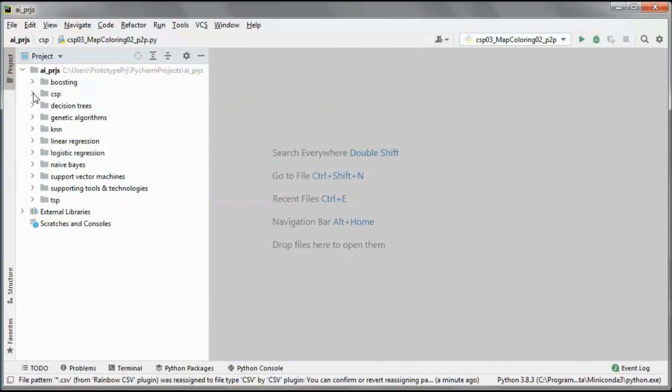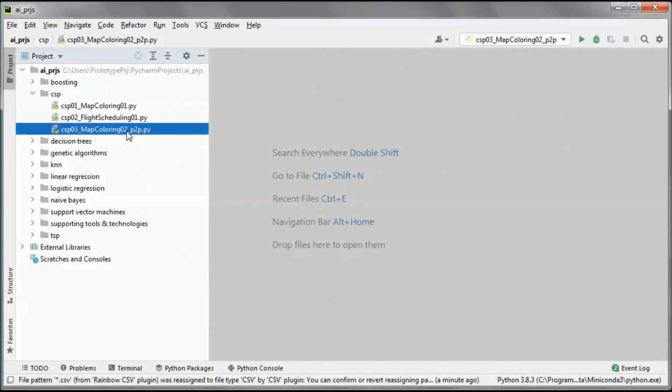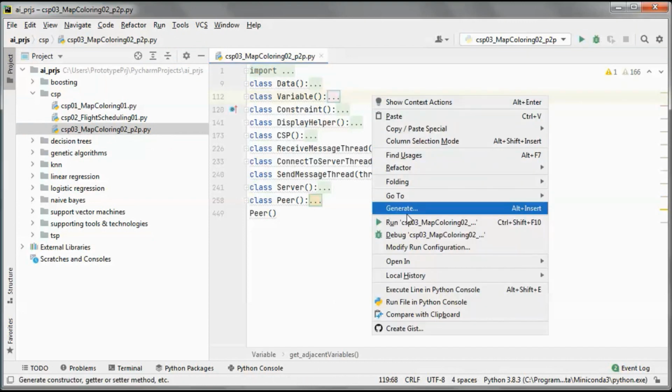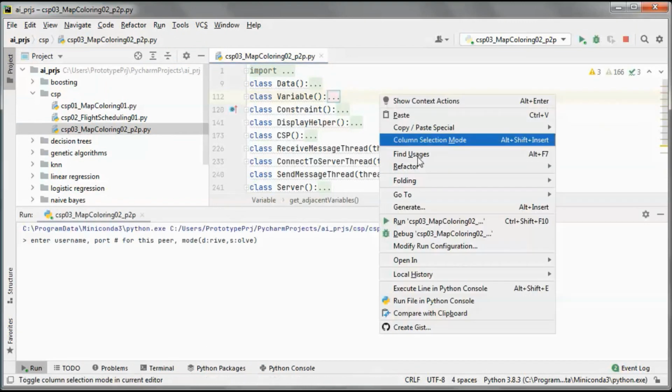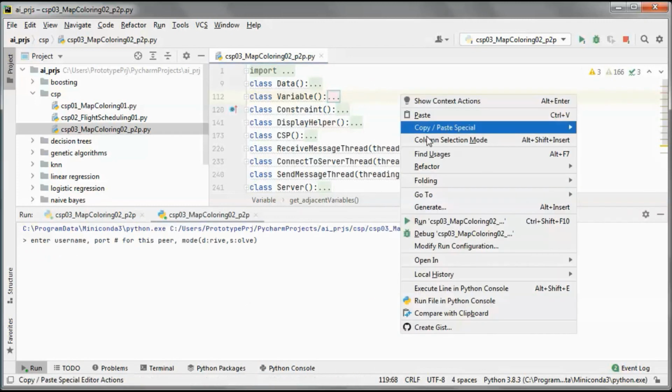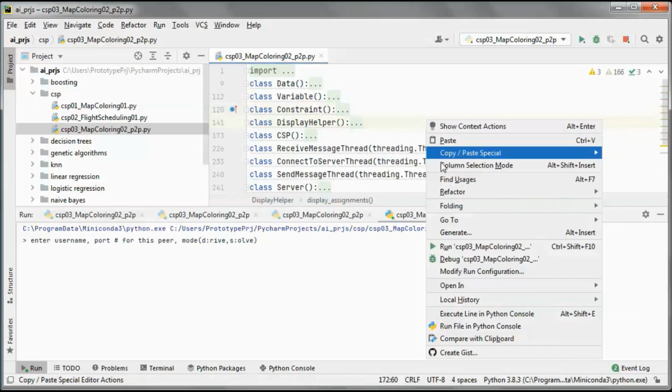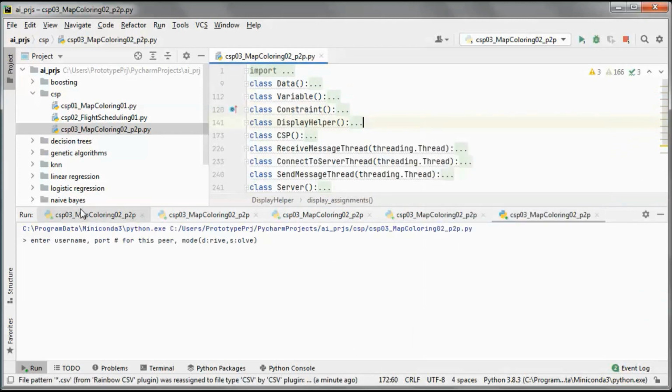This is a pre-built version of the application. So let's go ahead and run it. And we'll have 5 peers. And this one will be the driver peer.